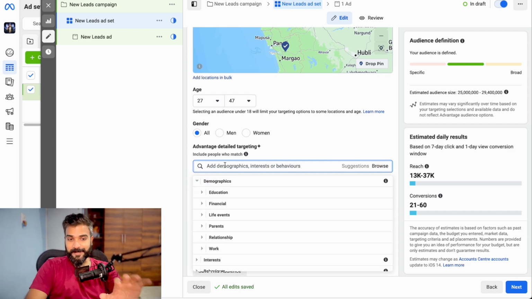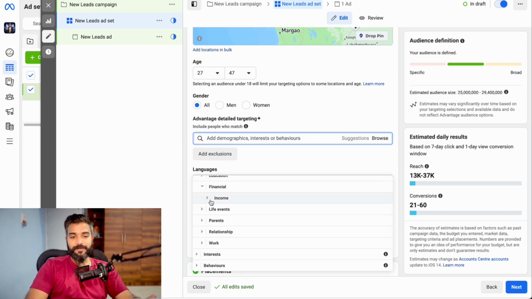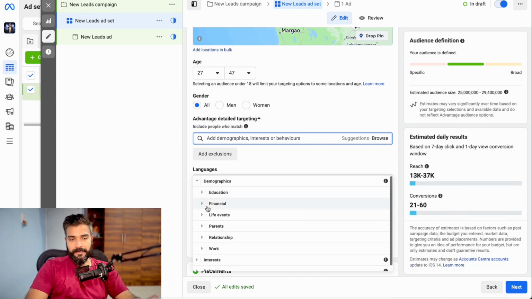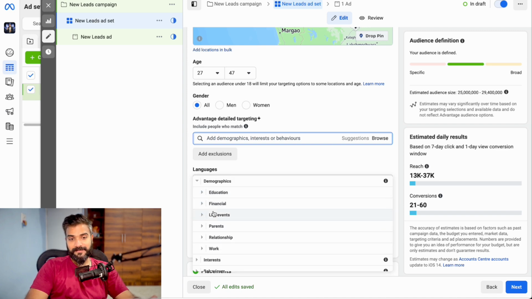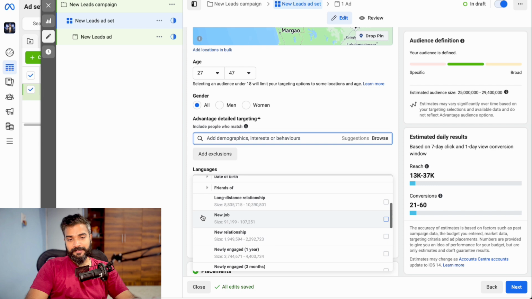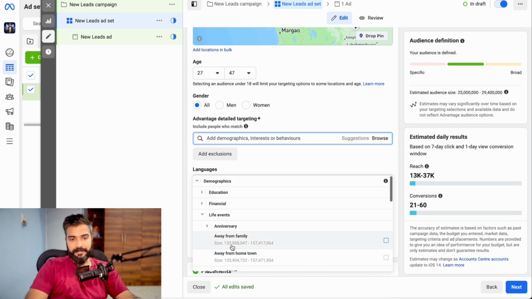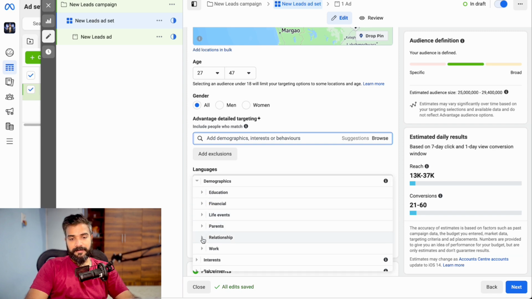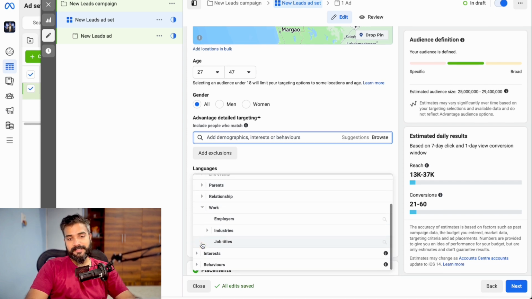Yes, you can search, but this is a great habit to find things yourself. Education we don't want here, that's not very relevant. Financial, this thing only applies to US population, honestly, so you don't need this as well. Though it might be awesome to target NRIs, so that's there as well, by the way. Life events, we don't need for this particular thing, but hey, if this is important, you can definitely add. Parents, if you're targeting kids, this is a good demographic. Relationship we don't want here because we are pitching stock market coaching, right? So work is the right industry.